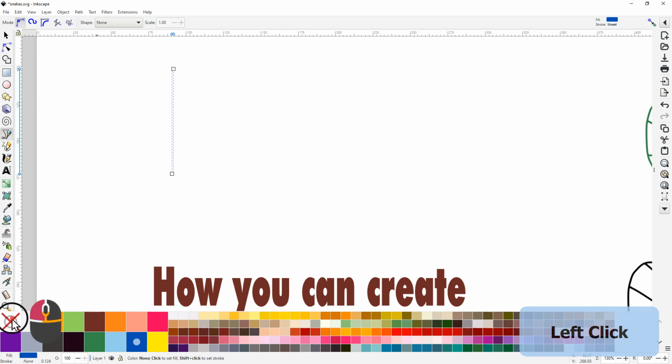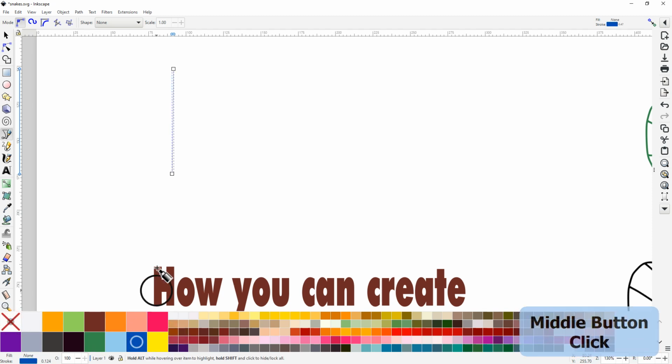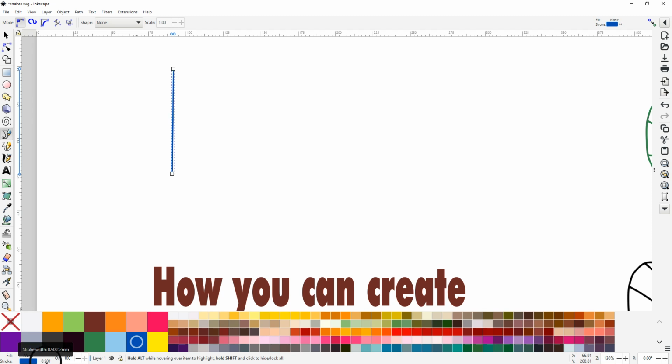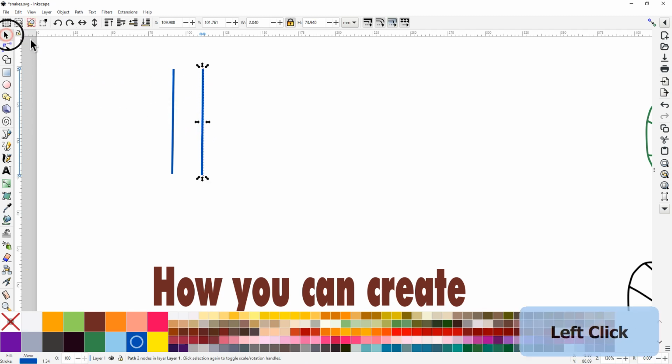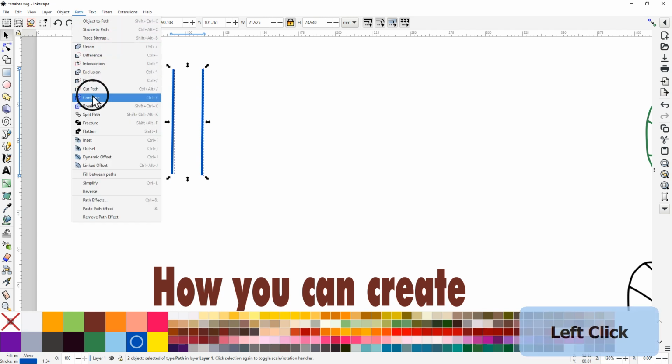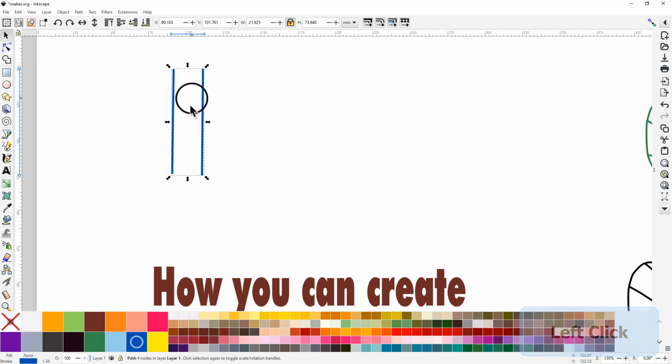I'm going to make it a little bit wider so it is better visible. And now I'm going to make a second line, and you want to make sure that your lines all go in the same direction. Now I can select both of these lines and then go Path, Combine, and now this is sufficient